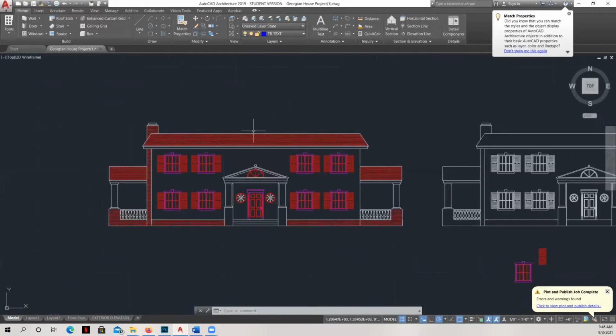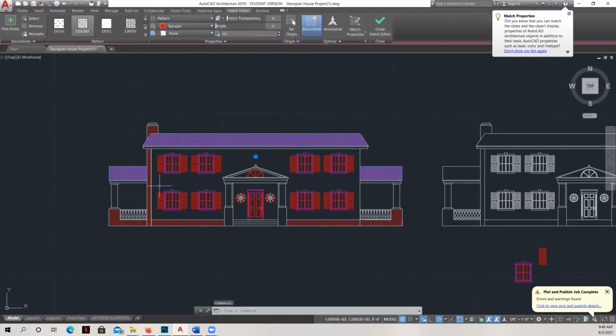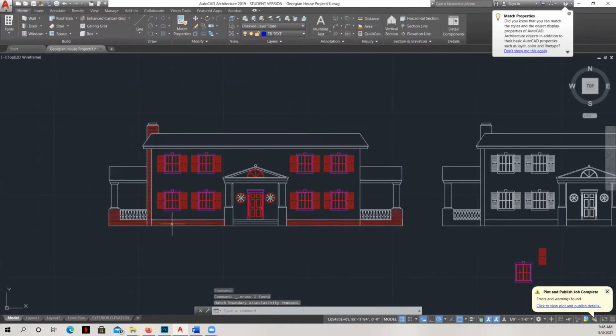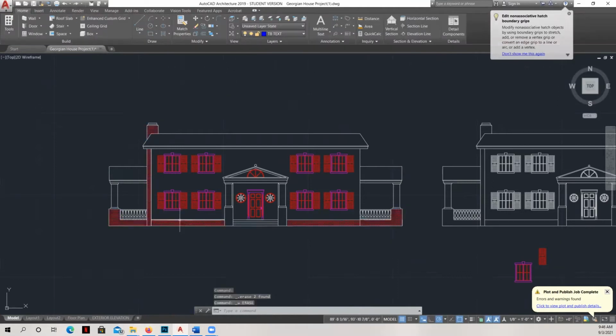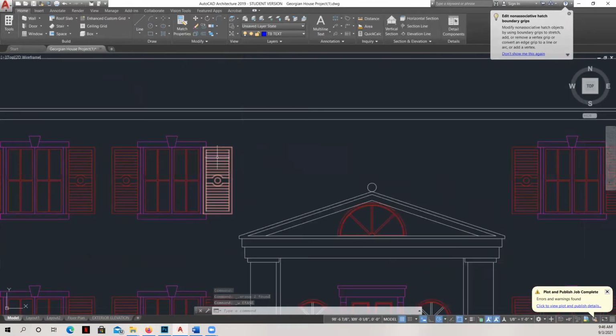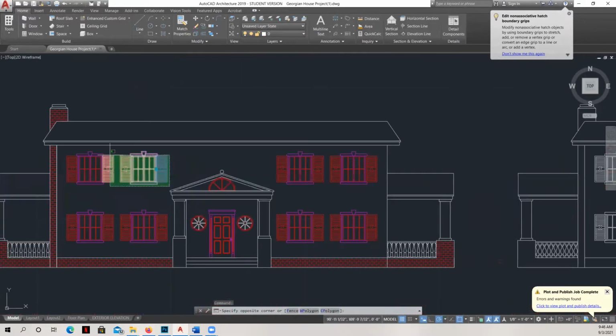And so what I did was I selected and deleted all of the hatch because I don't want that to come in on Photoshop. And so you can see here, all I had to do is just select and delete. Looks like I grabbed an extra line there. And then once that's done, then I have to make sure that all of the blocks are exploded so that I can change the color. And so all you're going to do is you can grab all of the windows, or you can do it one by one, whichever you want.